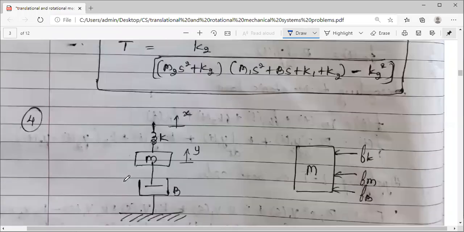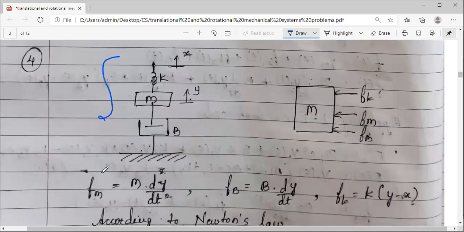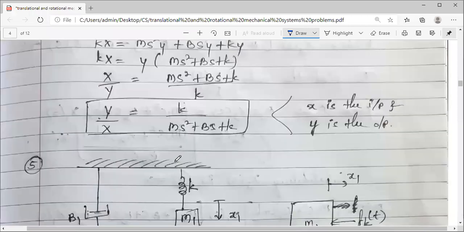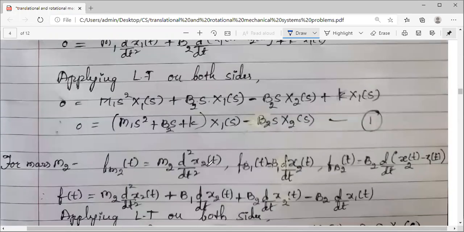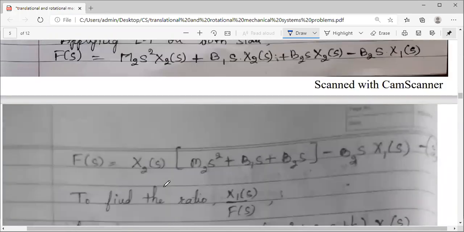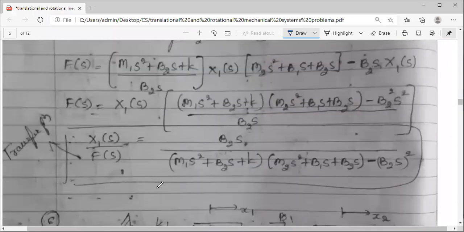So I think we have seen some three examples. This was a homework given, and no one has sent me the answer which you solved. Please try that. One more example, this I guess we have solved already. Today, let me take one more example very quickly. I'll not get into the detail of that example. I want to start the rotational system.